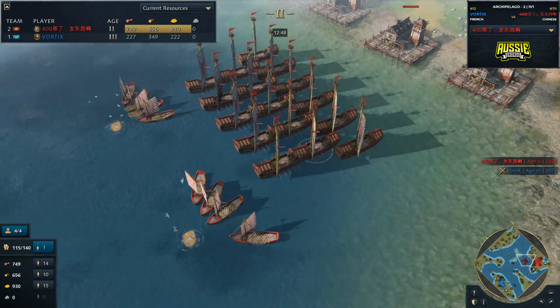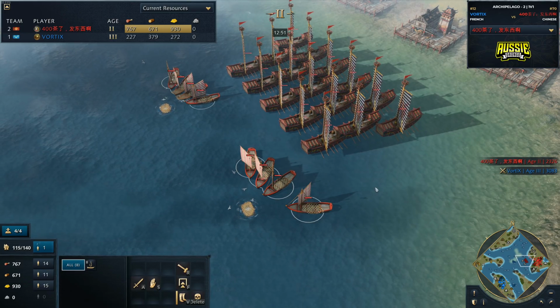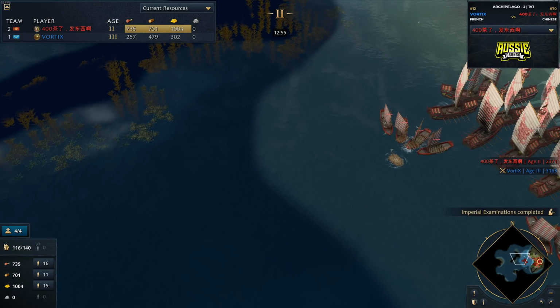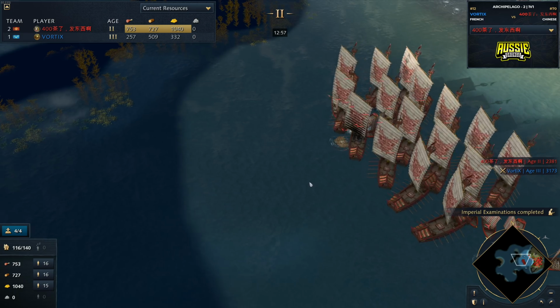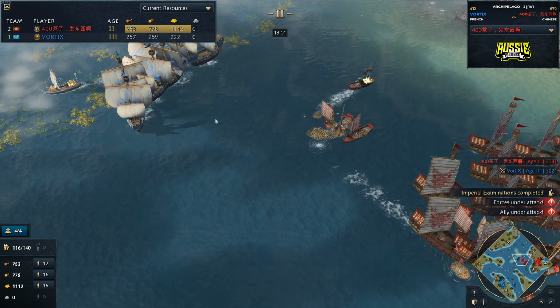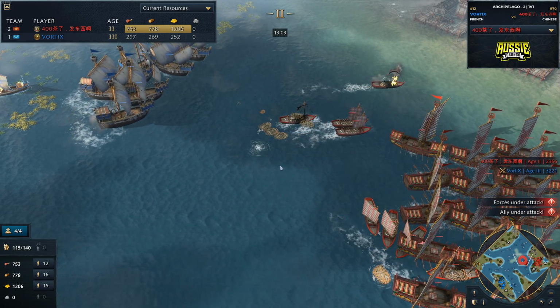Obviously, a lot of his economy is out on the water here as well. He's got 8 fishing boats, just like his opponent, but now those hulks are going to begin moving in towards the enemy base, and he doesn't actually know where they are. He's not too concerned at the moment, the French player, either, by being here, because he knows his opponent doesn't have any